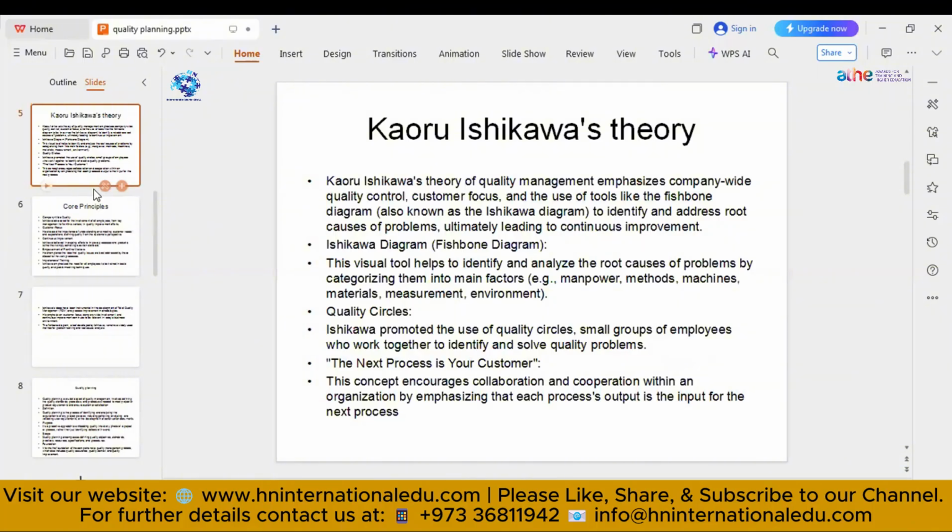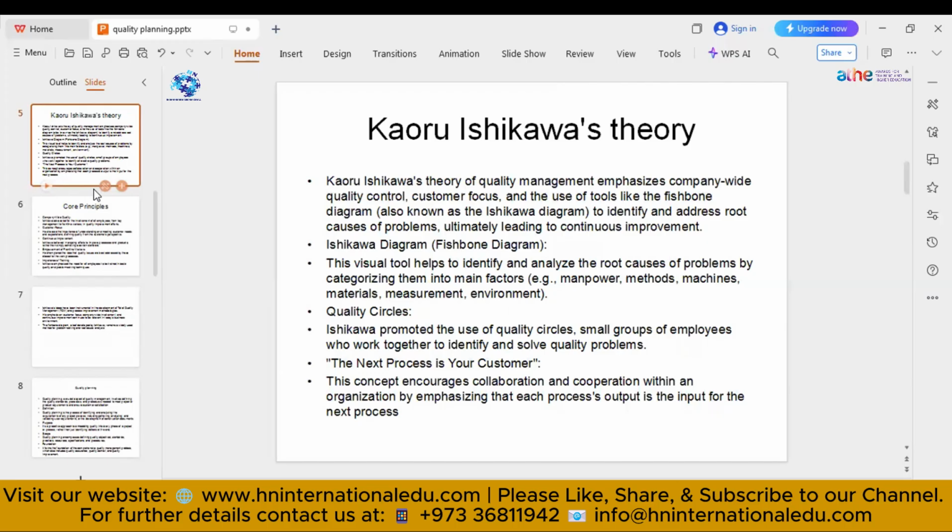Karu's Ishikawa's theory. How difficult names. Okay. Kaoru Ishikawa's theory of quality management emphasizes company-wide quality control, customer focus, and the use of tools like the fishbone